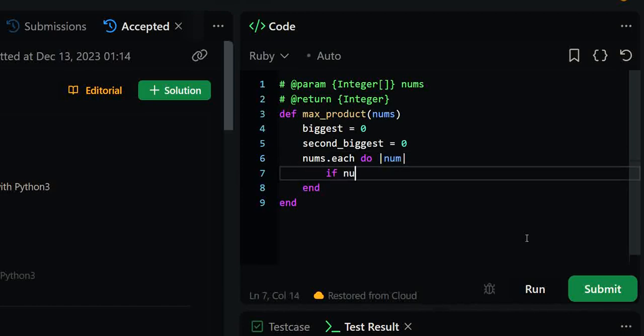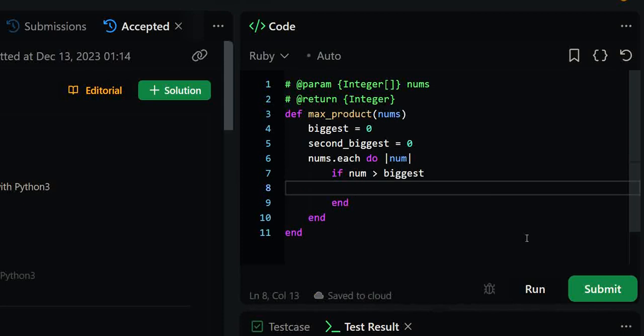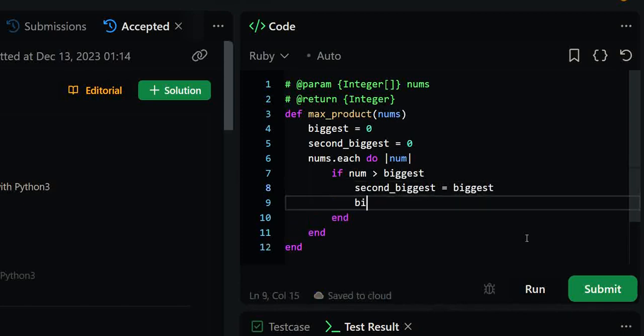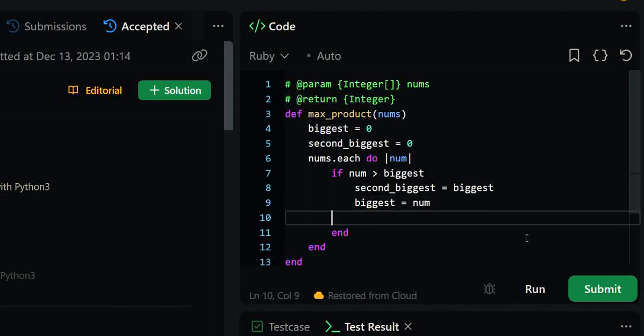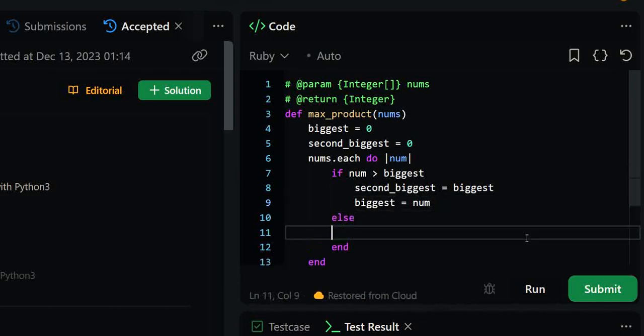So here as well we'll do the same. If num is greater than biggest, in that case, inside this if, we were firstly updating our second biggest. Second biggest was getting updated with the biggest value, and then the biggest value was getting updated with the num value. And the else of this if will be